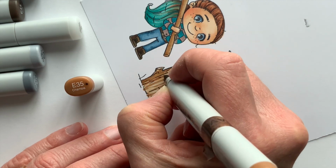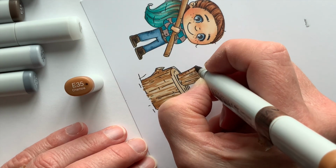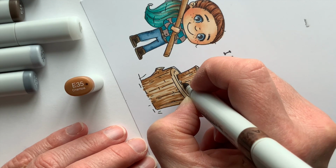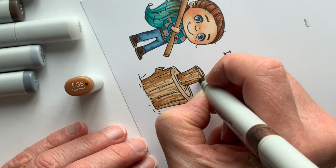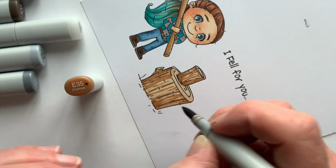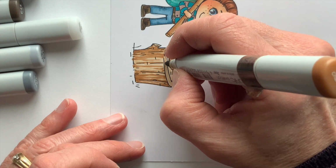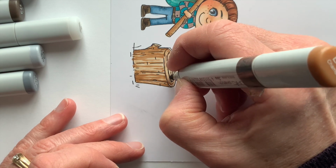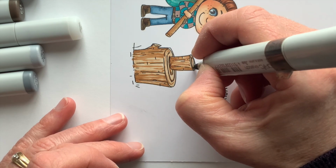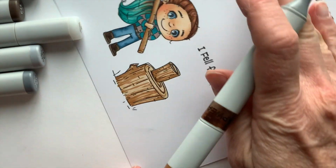I'm getting a few closer together out to both edges, both the right and the left, because I do want this to look like a round cylinder shape. So I'm coming over to both edges and getting that a little bit denser or tighter together. Then for the tops, I'm not going to do many of these, but I am going to come around. See how the artist has created those tree rings? I'm going to reinforce that just a little bit. And I'm only going to do it with this one. I'm not going to try to do it with my next color,